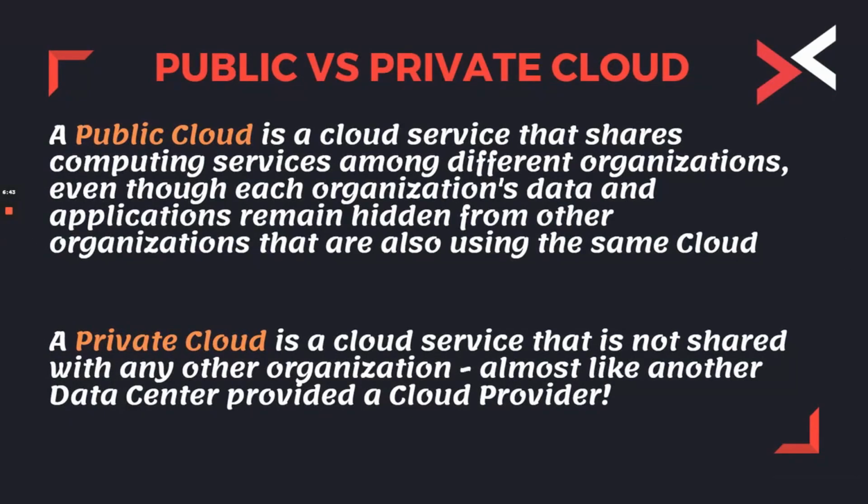So I mentioned earlier on there are two types of cloud: a public cloud and a private cloud. Let's start with the private cloud. Private cloud is basically another data center that you have, but it is actually given to you by the cloud provider. You are the only sole user of that. And when the cloud provider, Microsoft, Google, or Amazon give you a private cloud, they're actually giving you a section of their infrastructure to you only, and therefore charge you an arm and a leg. So it's almost like having your data center moved to someone else's backyard.